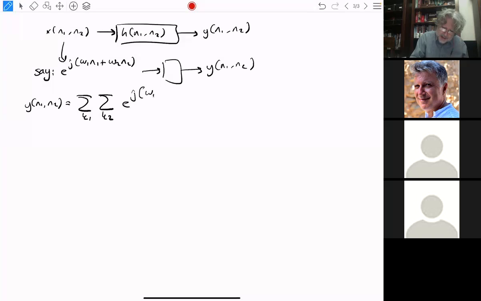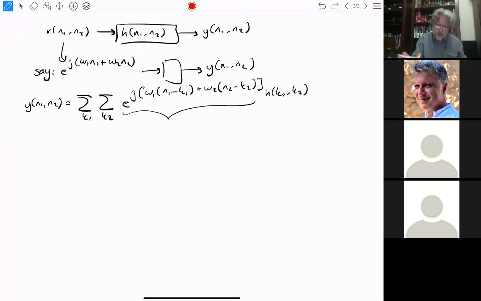Omega 1 and 1 minus k1, it's like t minus tau if you think of it, plus omega 2 and 2 minus k2. This is also t minus tau along the other axis. So I wrote x of t minus tau, or x of n minus k, and then I will write h of k1, k2, and we can now split this into